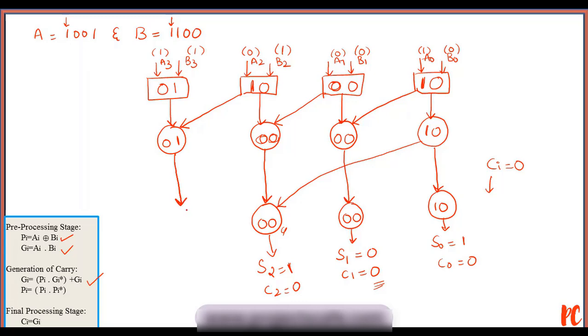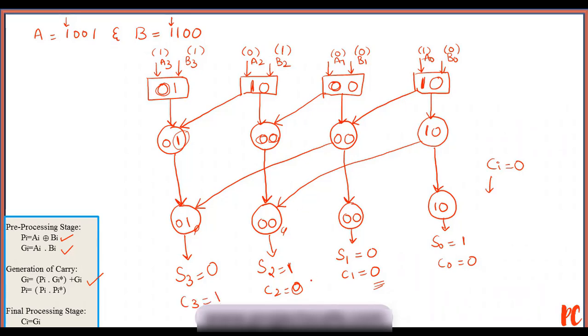Now coming to the next stage here. This is the stage where I need to consider the previous computation. So now coming to here, 0 multiplied with 0 will result in 0. 0 multiplied with 0 will result in 0 again, plus 1. Since there is a 1 plus 1 here, I'll get a result value of 1. From this I can say your S3 value will be the 0 XOR with the previous carry, which is nothing but 0, and with the carry that I have generated, which is 1. So C3 will be 1.